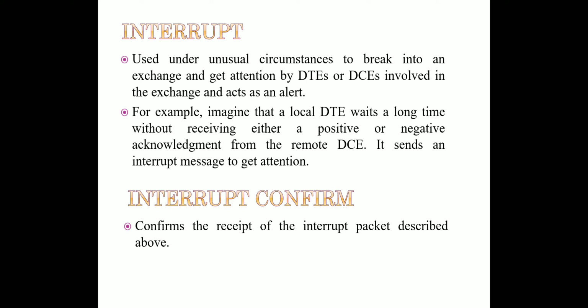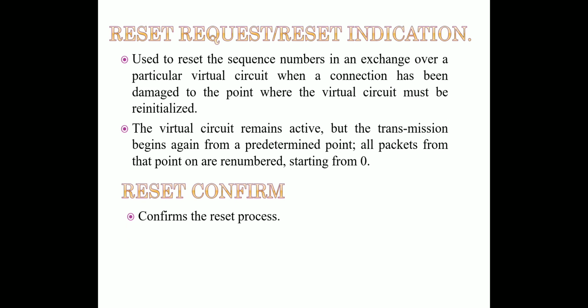Okay, so here it is used under unusual circumstances to break into an exchange and get attention by DTEs or DCEs involved in the exchange, and acts as an alert. And then there is an interrupt confirm, which confirms the receipt of the interrupt packets described above. Then the next one you have is reset request or reset indication. Now this packet is used to reset the sequence numbers in an exchange over a particular virtual circuit when the connection has been damaged to a point where the virtual circuit needs to be